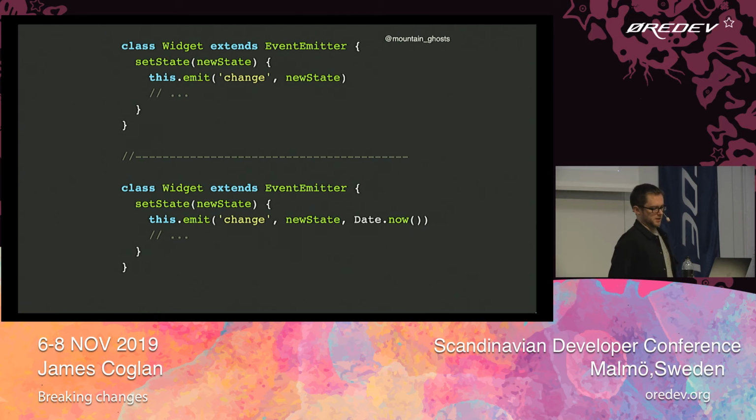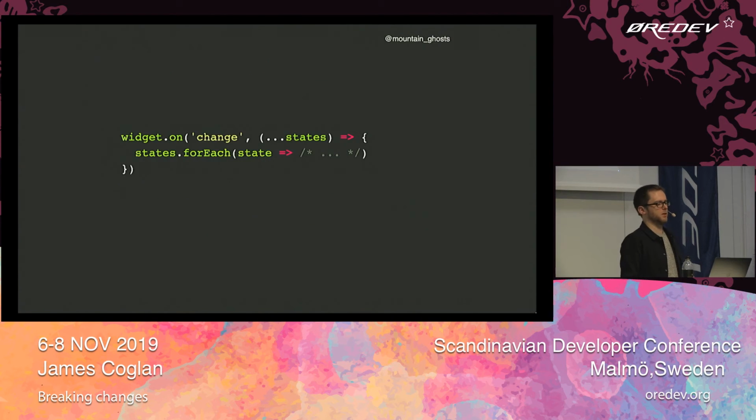If we have an event emitter and we decide to add one more argument to the data with the event that we're emitting, this might be fine. So JavaScript lets you call functions with more arguments than they were expecting, and they'll just be ignored. But somebody might be listening to this event using this syntax that lets them listen to a variable number of arguments. So if they're expecting to receive,